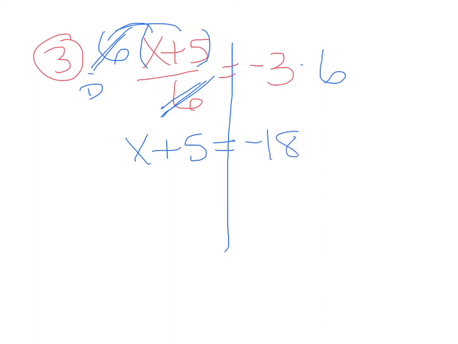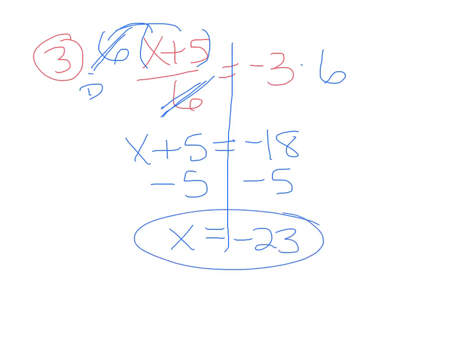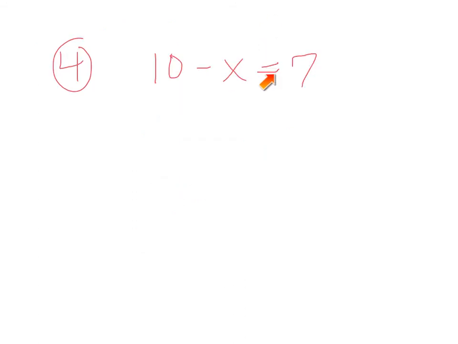Okay? Now, we're going to get rid of the 5. Inverse operation is subtracting 5. So x equals negative 23. Right? Remember, when you have a problem like this, where there's 2 terms in the numerator, you always get rid of the denominator first. Next one, separate my